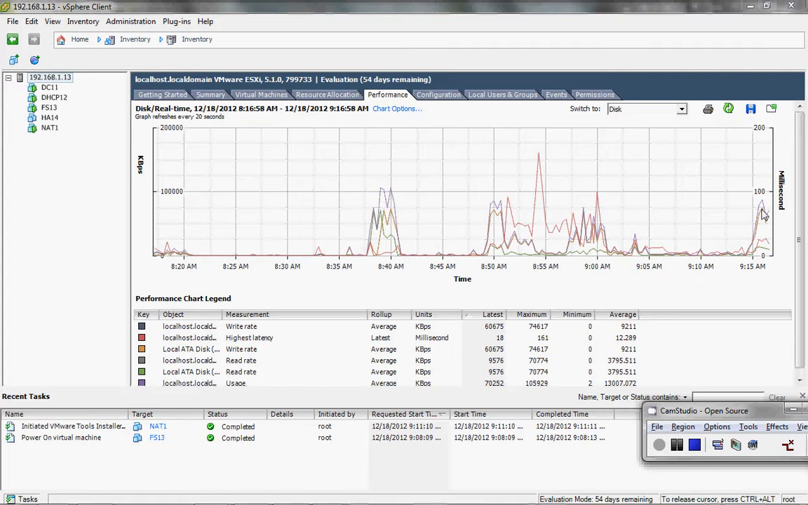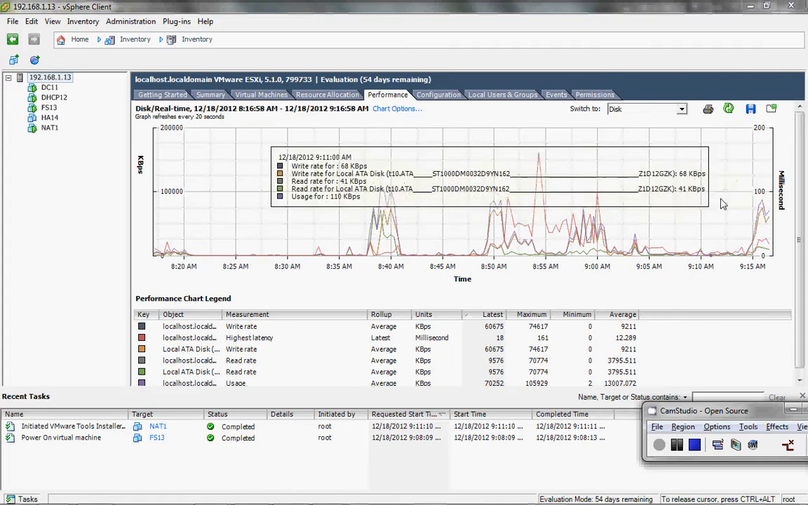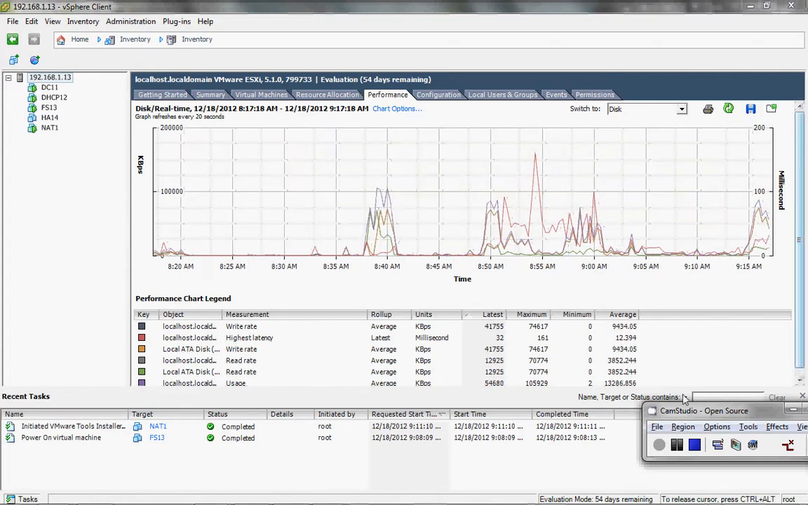And as this goes up, everything slows down. So just be aware of that. Storage systems matter, especially when you get to Hyper-V, and you need something that can do enough input-output operations per